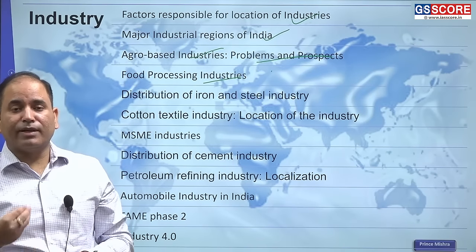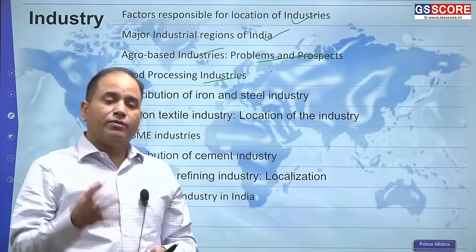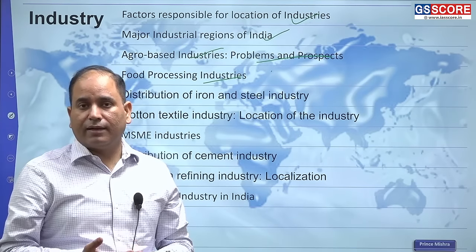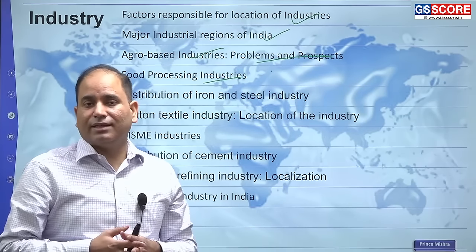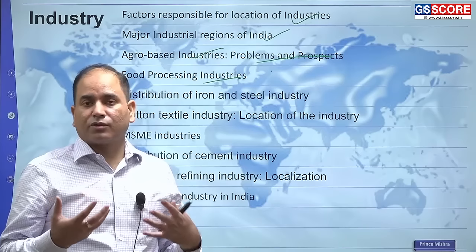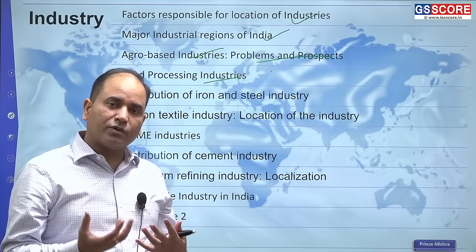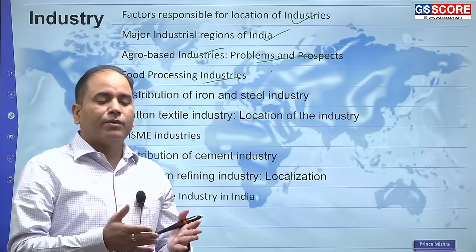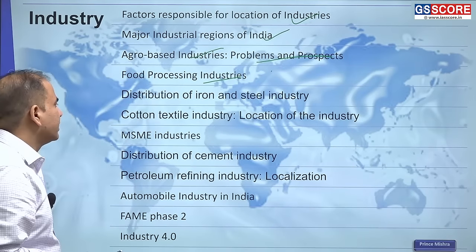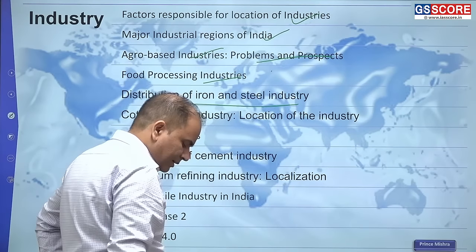Because in agriculture, if they only keep on cultivating rice and wheat, and that rice and wheat is regularly being consumed domestically, obviously it will not have much scope for prices. The prices of those commodities will only rise when they have more and more industrial use. Food processing industries, then you will have the distribution of iron and steel industry,